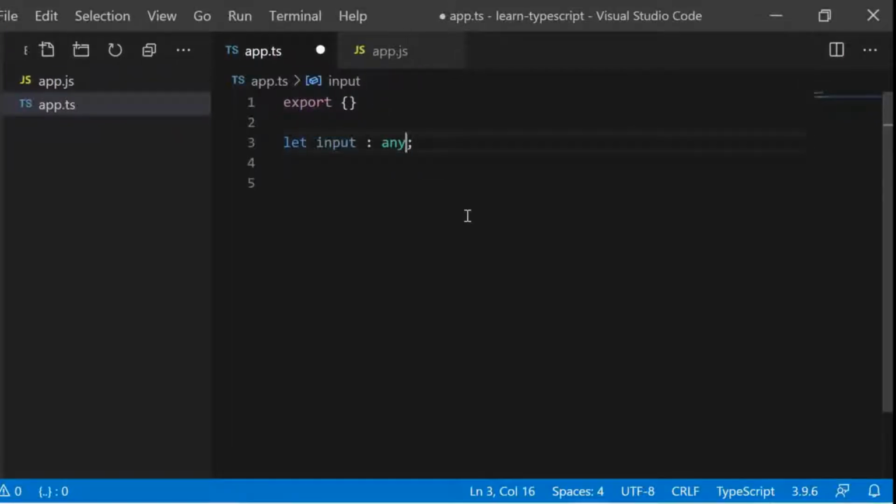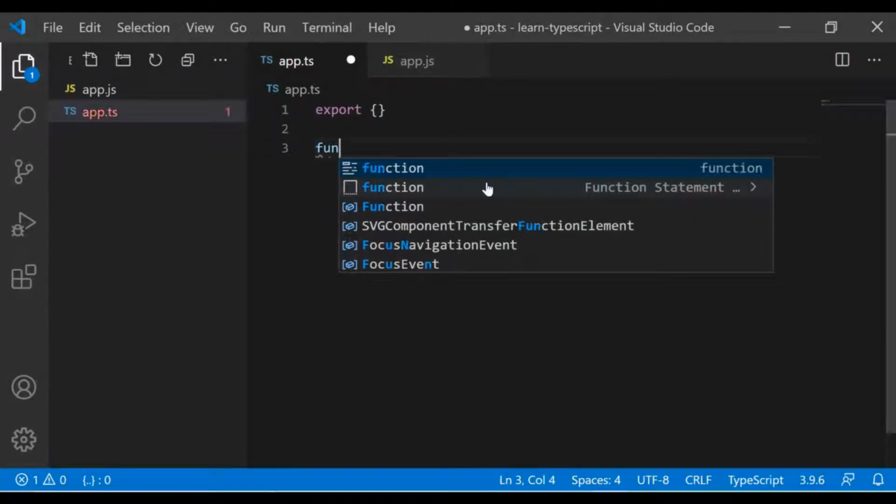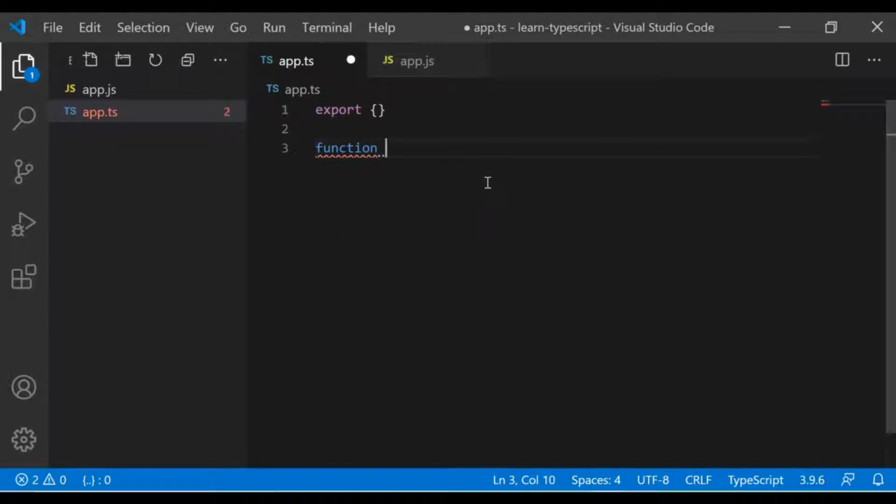So any is the data type with which we tell the compiler to stop doing the type checking.